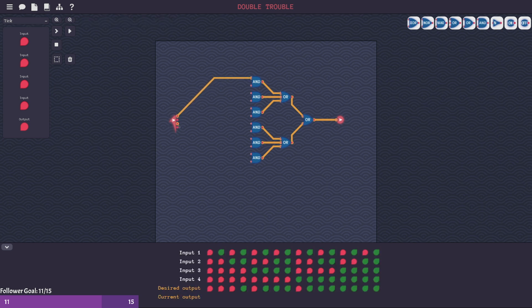So this is bit 1 with bit 2, bit 1 with bit 3, bit 1 with bit 4, bit 2, sure, with bit 3, bit 2,